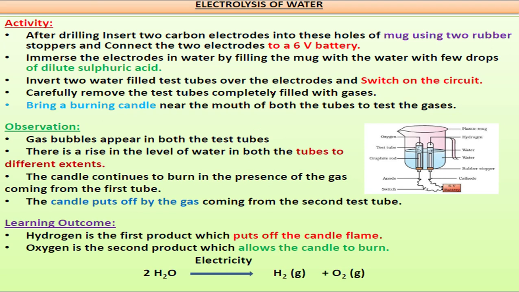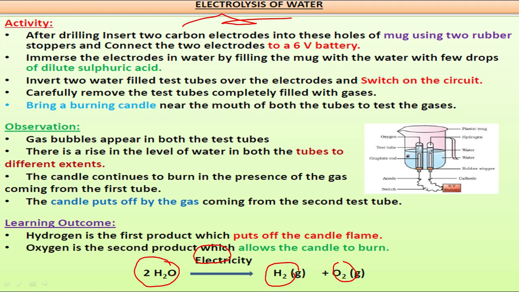One more reaction is there which is also an example for decomposition reaction, that is called electrolysis of water. In electrolysis of water, you will observe what activity is there. If you understand simply, you have taken water in a container and you have to arrange the apparatus for this particular reaction. So by supplying electricity, what will happen? The water gets decomposed, or dissociates, to give out hydrogen gas and oxygen gas.